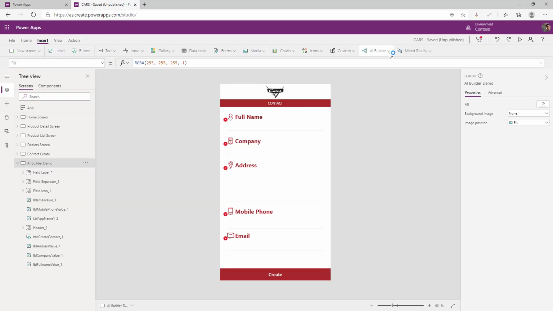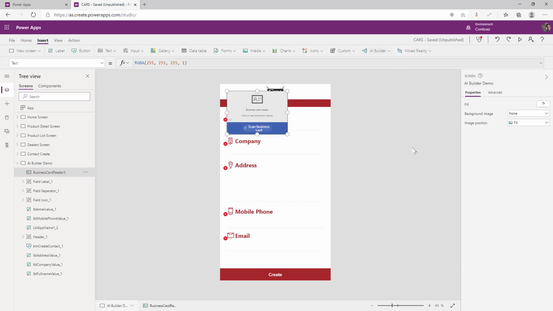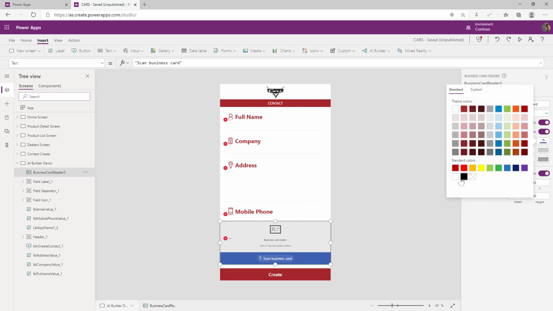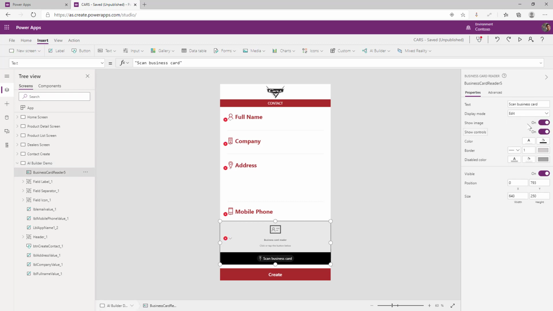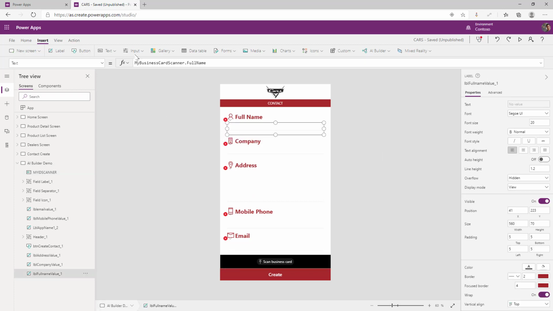In here, I want to try to explain the AI capability, just doing the standard version, the out-of-the-box feature. So in here, I can click a business card reader. I resize this one and change the color. I also don't need this show image feature. Just resize this again. After this, I rename this to my card scanner and then copy it. You can just change the code here.